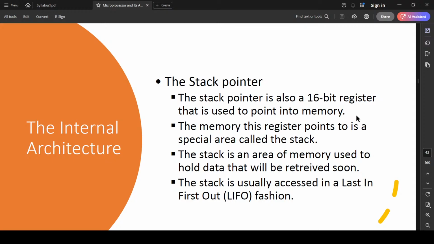It is used to point into memory. The memory this register points to is a special area called the stack. That memory you can call a stack. The stack is an area of memory used to hold data that will be retrieved soon. The stack is usually accessed in a last